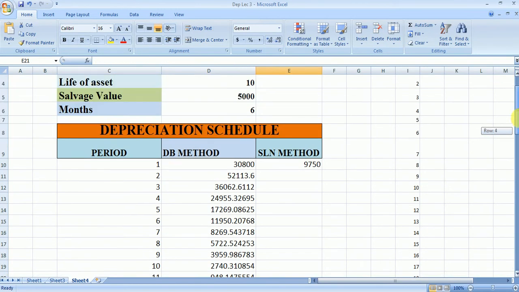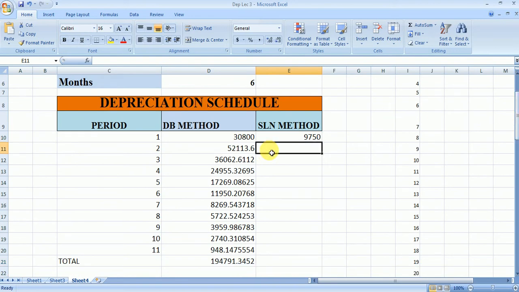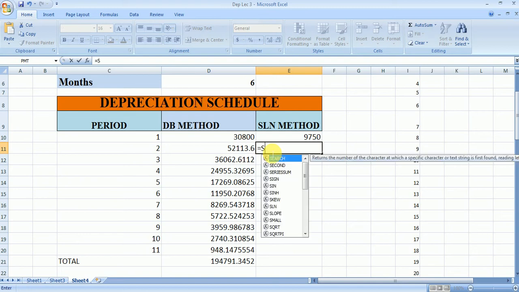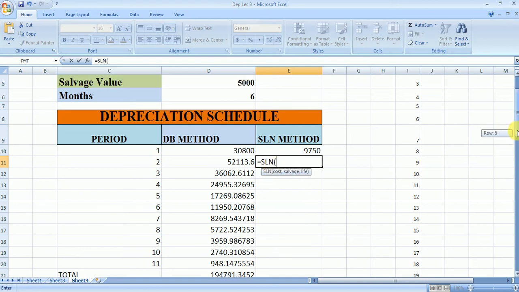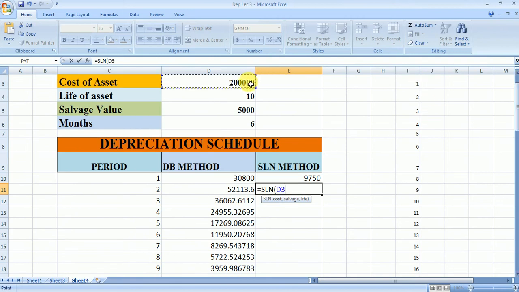Now we'll calculate the depreciation according to the SLN method. Again I am going to use the same approach. First I'll calculate the depreciation according to SLN: the cost, which is fixed, then the salvage value, which is fixed, and the life of the fixed asset, which is fixed.